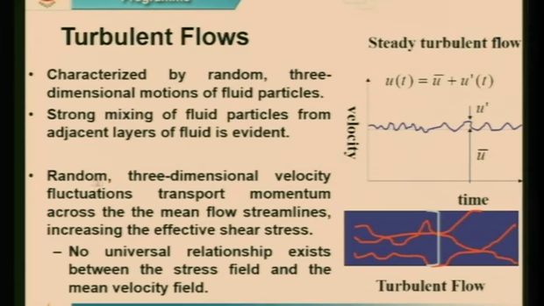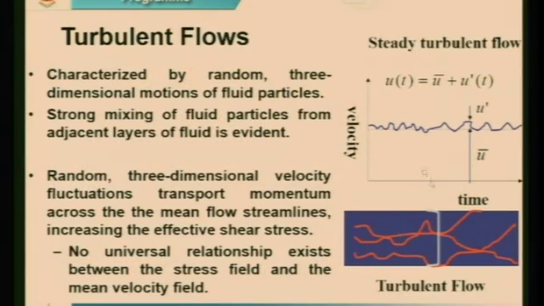So what is a turbulent flow? Turbulent flow is a random flow. Turbulent flow is a mixed flow. Turbulent flow is basically an unsteady flow, or it could be a steady turbulent flow also. There is no universal relationship between the stress field and the mean velocity field. So mind it well, laminar flow is well defined. Laminar flow is an orderly motion. Turbulent flow is episodic, random,